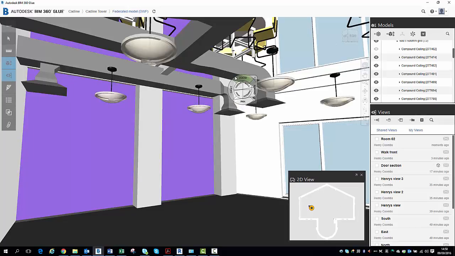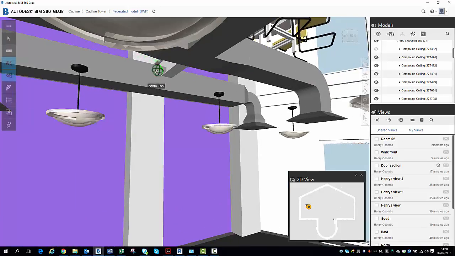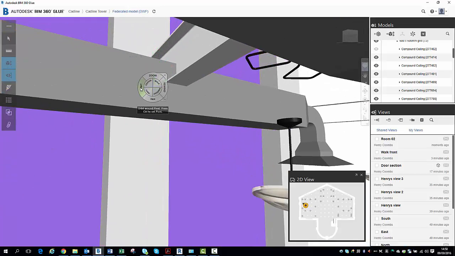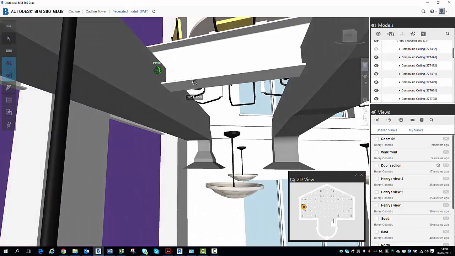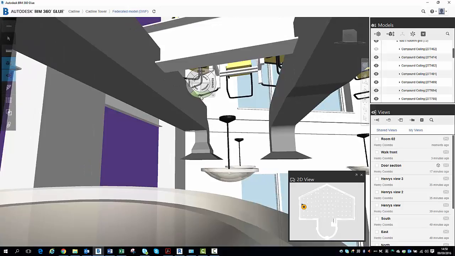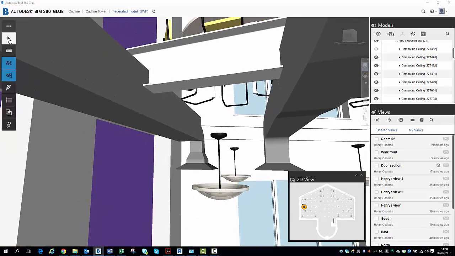So now, utilizing my navigation wheel, I can use a combination of the tools to get up there and have a look at what's going on. So I can see there, it looks like we have a bit of ductwork clashing with the steel. So I can go to my navigation wheel. I'm just going to zoom up there, and then I'm going to go to my orbit tool now. So I'm going to select on that, just going to spin that around there like so, do a bit of panning to move myself where I need to be, and I just want to check